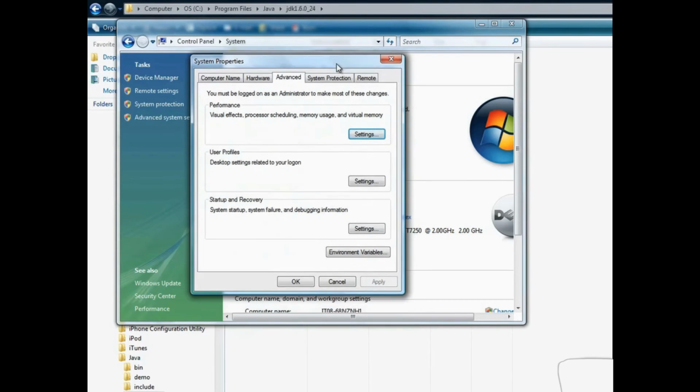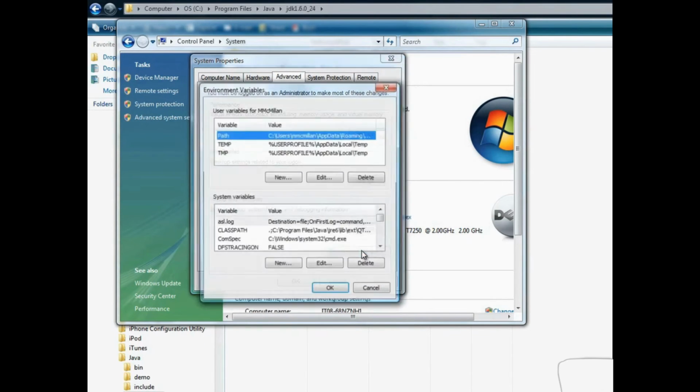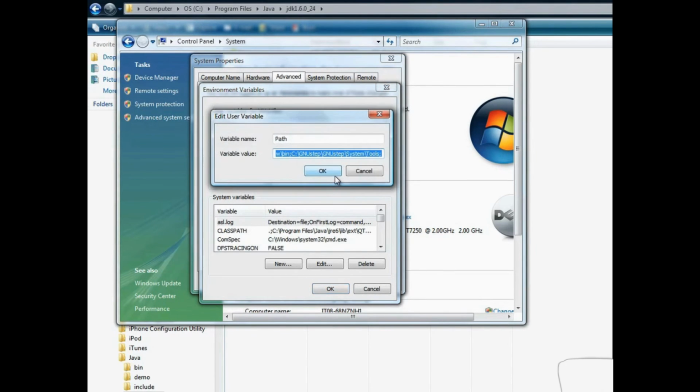And what we're going to do is change the path environment variable. So click the button that says Environment Variables. There's our path. Select Edit. It takes us to the very end. Hit the right arrow one time to get the highlighting off and put the cursor after that semicolon and type C:\